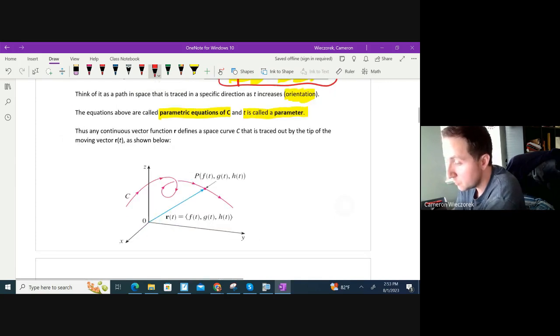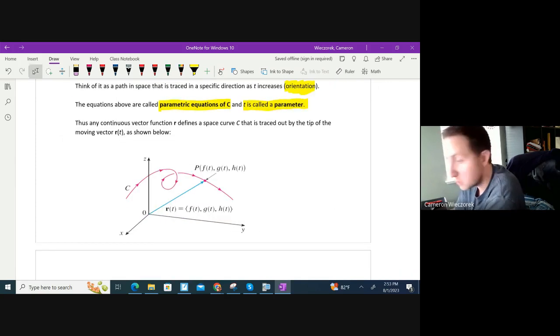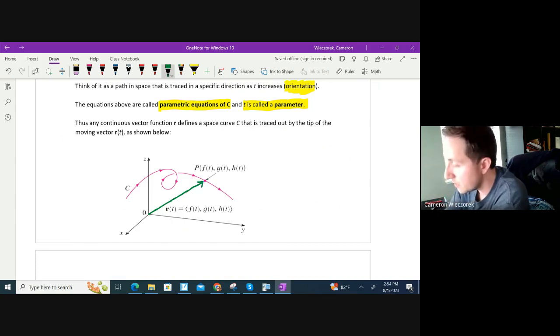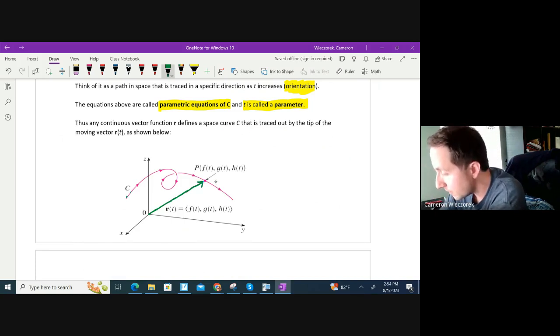So any continuous vector function r defines some space curve C. And really, how do we get this? Well, we trace out the tip of that moving vector r of t. So in my picture here, I'm going to outline this in green. This would be my moving vector r of t. And as I let that green vector move from point to point on the pink curve, you end up traversing